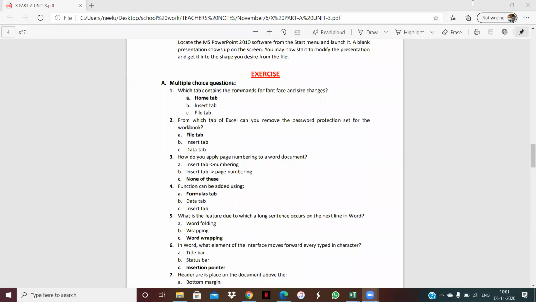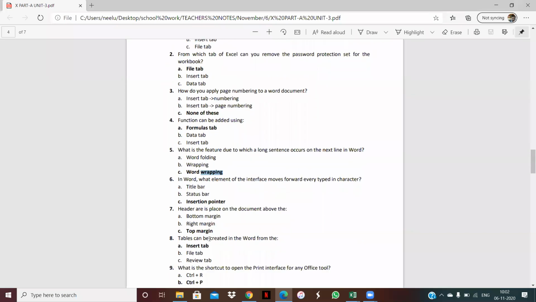Now, the fifth one is, what is the feature due to which a long sentence moves to the next line in Word? Suppose we write a long sentence and we move that sentence into the next line, then with the help of word wrapping, we can move the text into the next line.